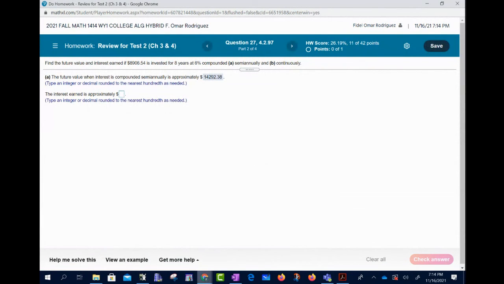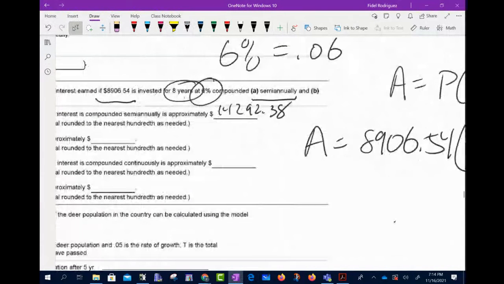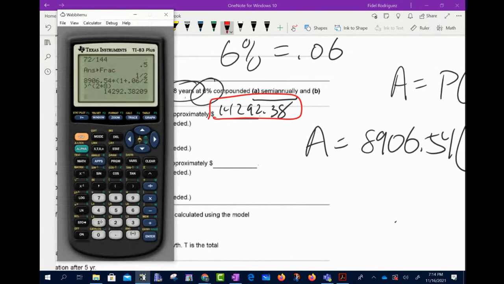Okay, now it's asking me how much interest did we earn. So let's take a look, y'all. How much money did we originally put in the bank? We put in $8,906.54. How much did we get 8 years later? That amount. So how much of it is interest? Well, the difference between the two, right? So I'm going to take 14,292.38, and I'm going to subtract off 8906.54, and I'm coming up with